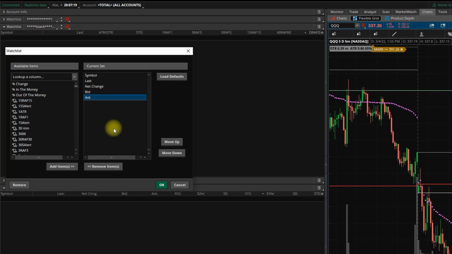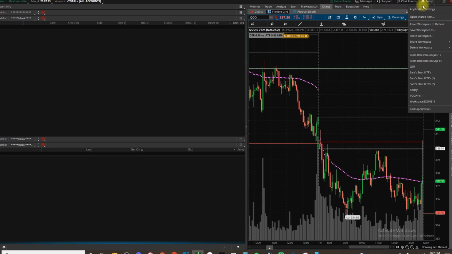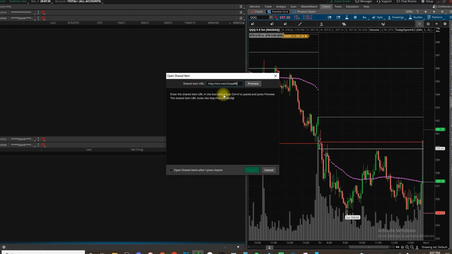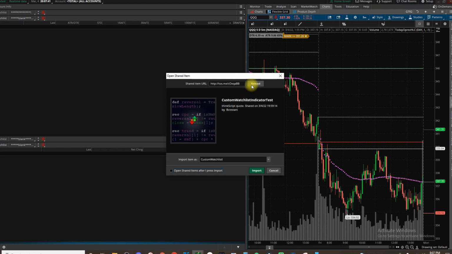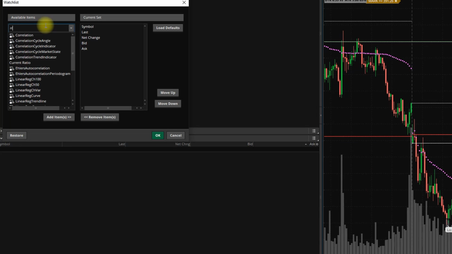So the way you would set this up, if you don't have anything on it, and if you want different time frames, you're going to have to hit setup, open shared item, put in the code, which the URL will be in the video descriptions, hit preview, and then it's pretty important to name it the way that you will remember it. So for example, this one is a ready aim fire indicator. I've already used RAF, so I'm going to do like RRAF test, and I'll hit import. So now it's imported. Now I should be able to hit settings, customize, look for the RRAF